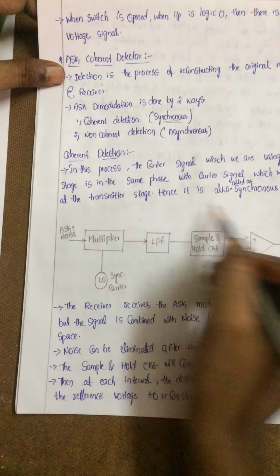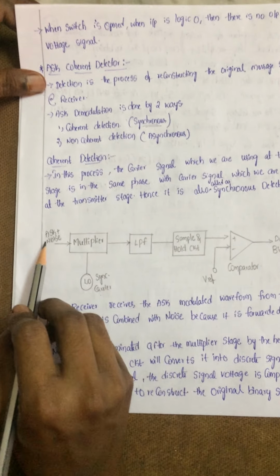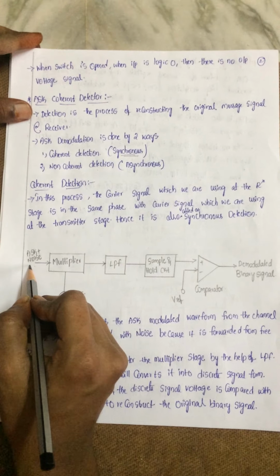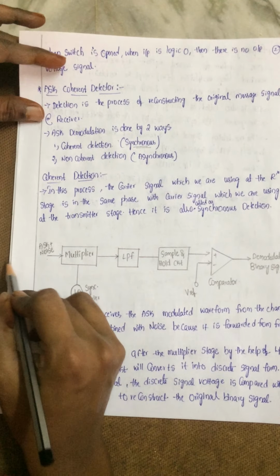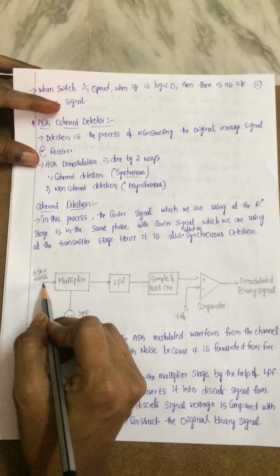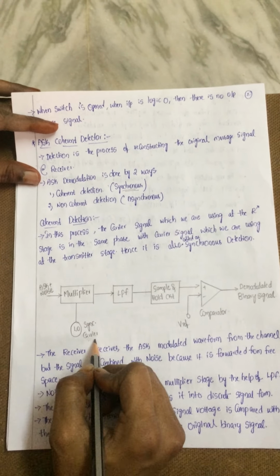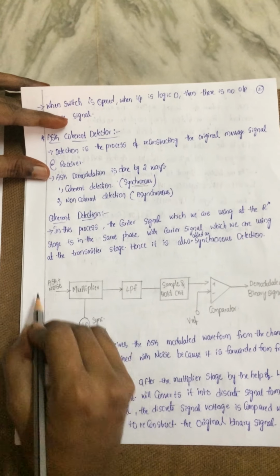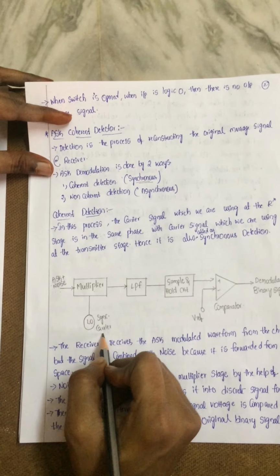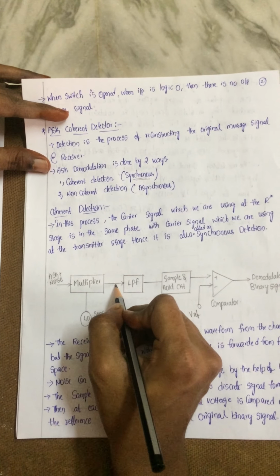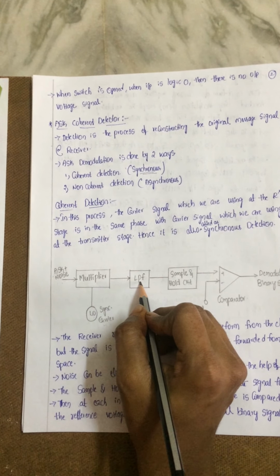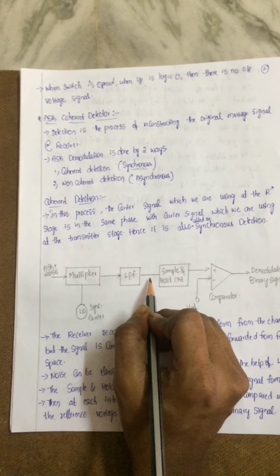Next, this is the demodulator of ASK. First, the input signal to a receiver or demodulator is nothing but the ASK signal. As it is transmitted from one place to another, there is transfer noise, so that's why we are taking ASK plus noise. Then we generate a carrier signal using a local oscillator. The two are given as inputs to a multiplier. When the signal is present and the carrier is present, the two are multiplied and we get a logic 1 output, as we have discussed. Next, that is passed through a low pass filter to extract our original message signal.